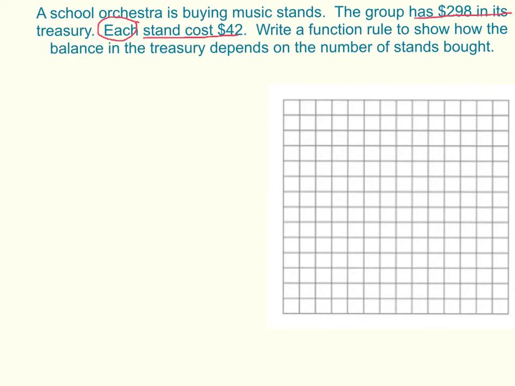So y equals mx plus b. But in this case, the slope, well, here we have the word each. What number matches up with it? It's 42. But if we're buying stands, that means we're taking money away from the treasury. So the slope is going to be negative 42, because it's $42, and that's per stand, each stand. And they started with